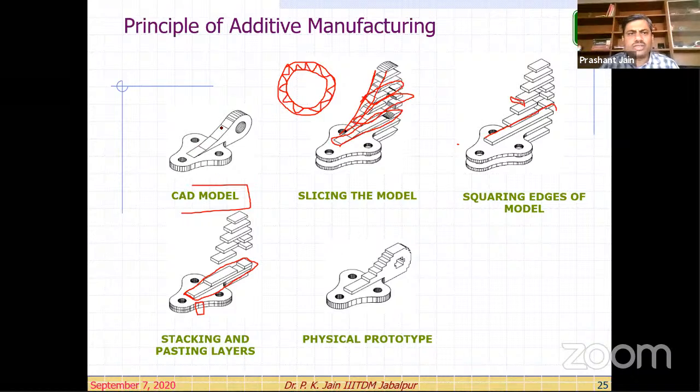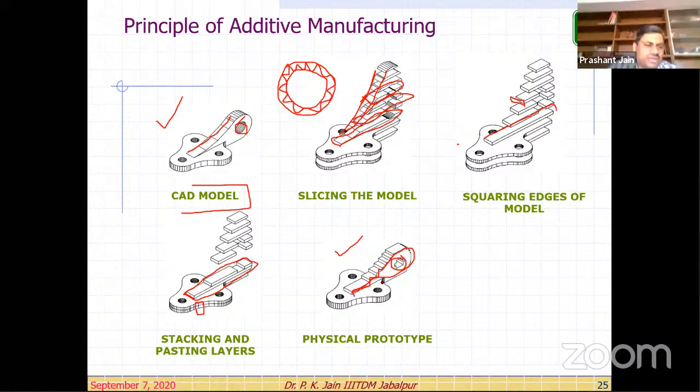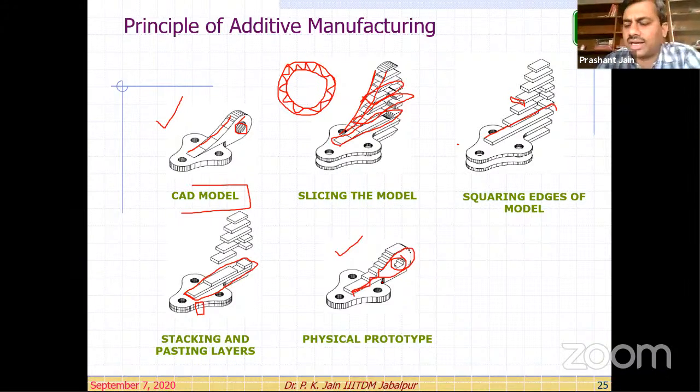Here we have a complete smooth surface, but here we have a lot of stair steps, right? That is known as the stair stepping effect. Today we will not discuss this stair stepping effect. Here in this also you see the perfect cylindrical hole is there, but what happens because of this layered structure, right? So these situations will occur, but the difference we have to observe: what we designed, what we have intended is this, but what we have received is completely different. A lot of surface roughness or stair stepping effects could be there, right?